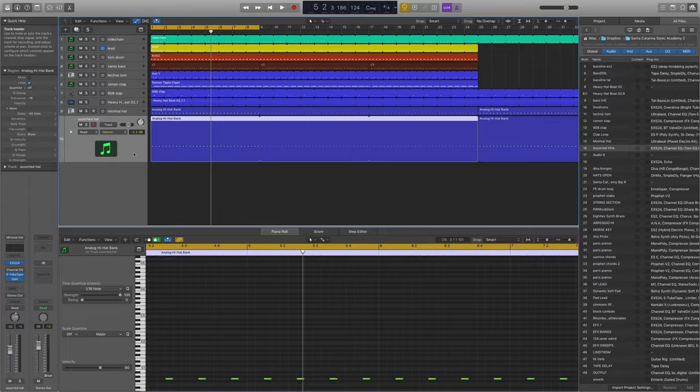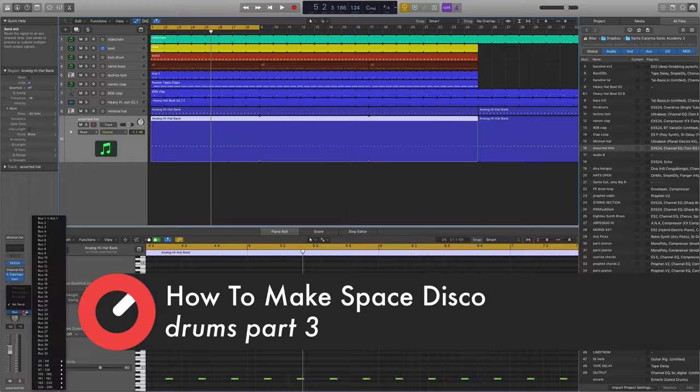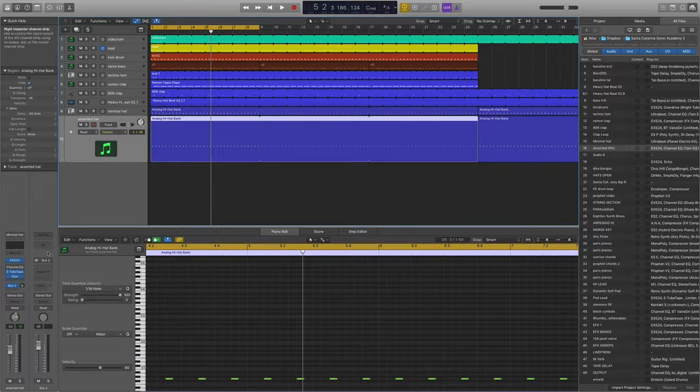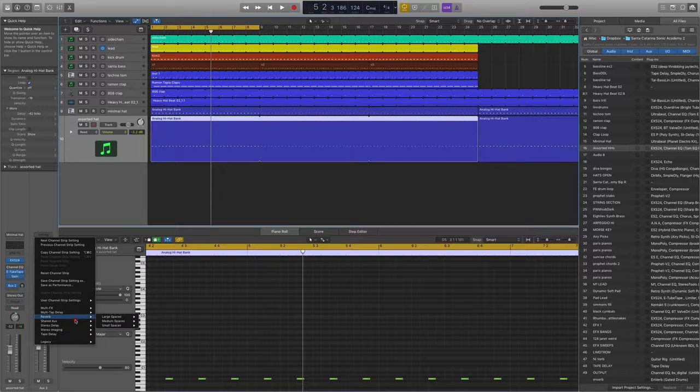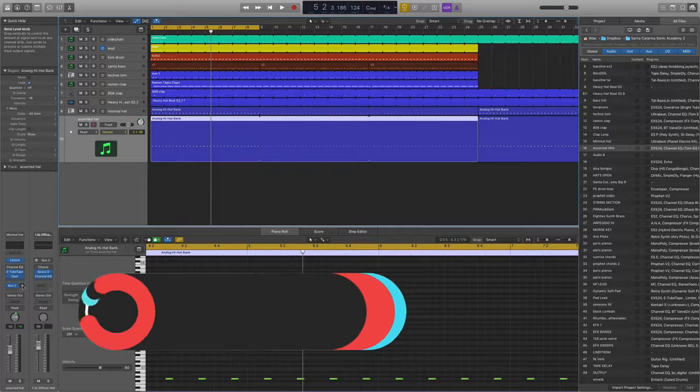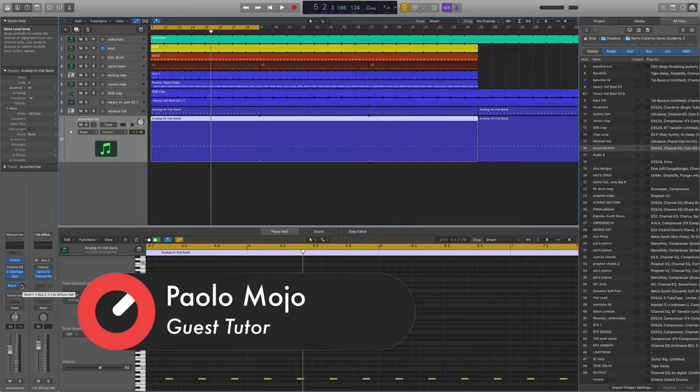One of the first things I'm going to do today is set up my first bus. So I'm going to create a new auxiliary like that. And I'm going to go to the channel strip settings. And maybe something like diffuse hall reverb. The advantage of using buses for effects is that you can route different tracks to the same